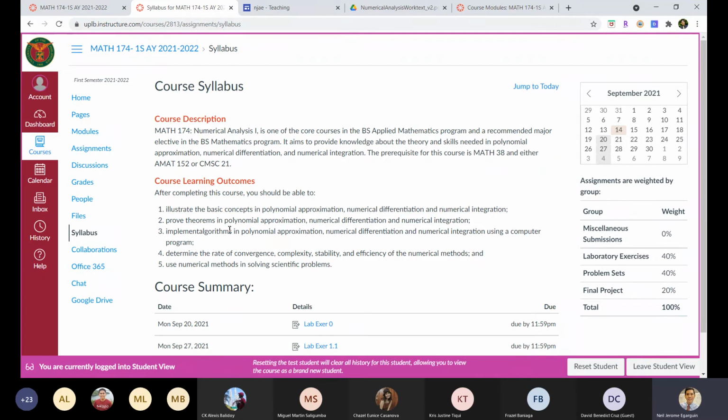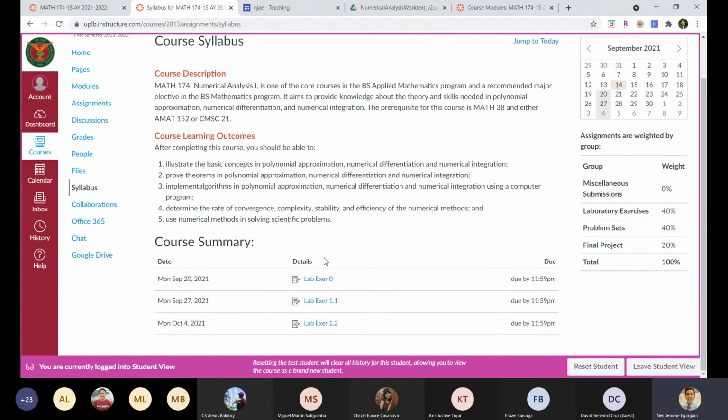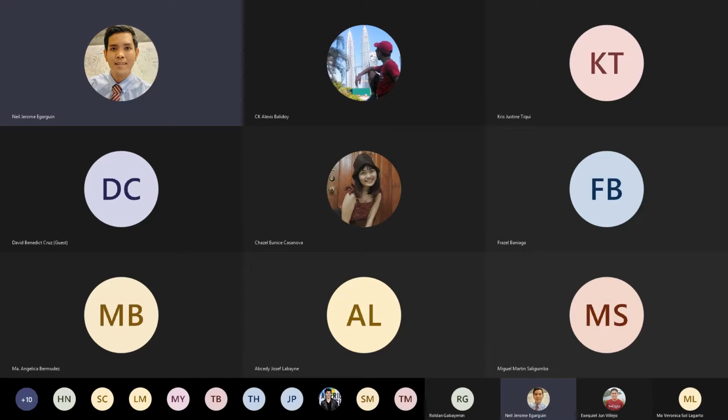But either way, do it according to what you are comfortable with. So form your own group, or if you want to do it solo, that's fine with me. If you want to do it with a group, and you're having troubles finding a group, then we can help you with that. Okay, so more on that probably later. All right, so any other questions or concerns? I think we almost covered everything that I want to talk about.